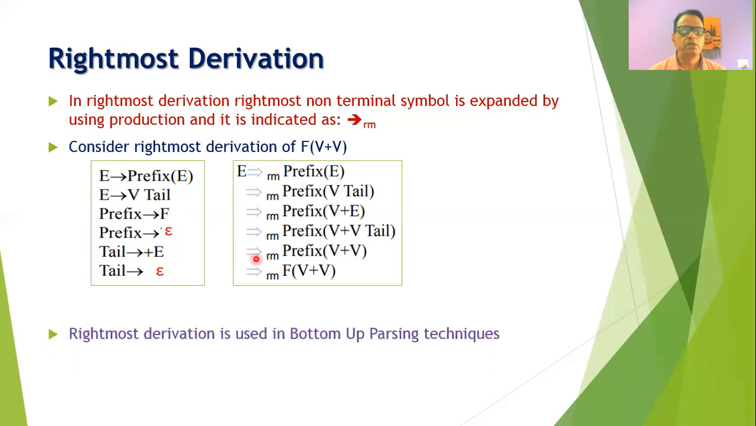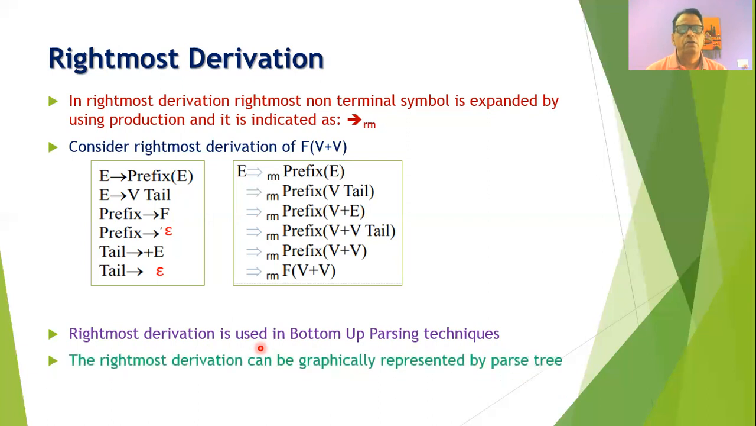Rightmost derivation is also a very useful derivation because it is used in the bottom-up parsing technique. In bottom-up parsing, we will find that the rightmost derivation is carried out in reverse order. The rightmost derivation can also be represented by a parse tree. So both the leftmost derivation and rightmost derivation can be graphically represented by the parse tree